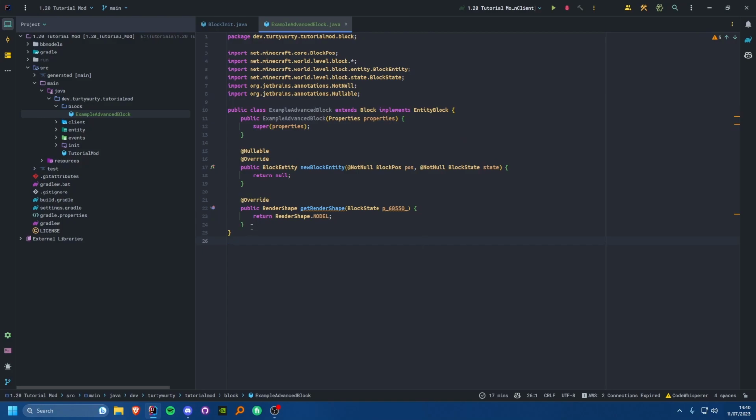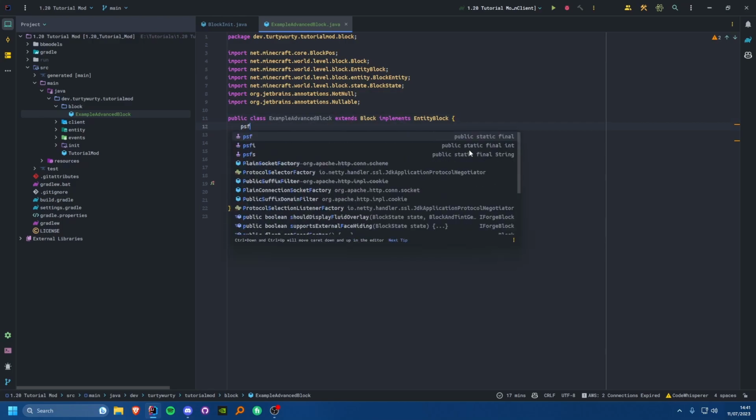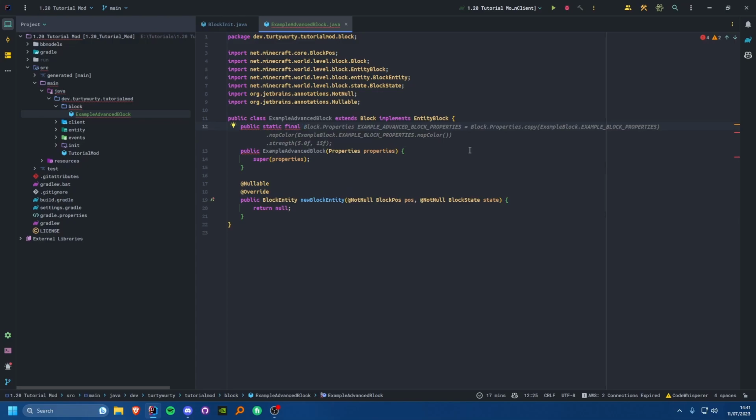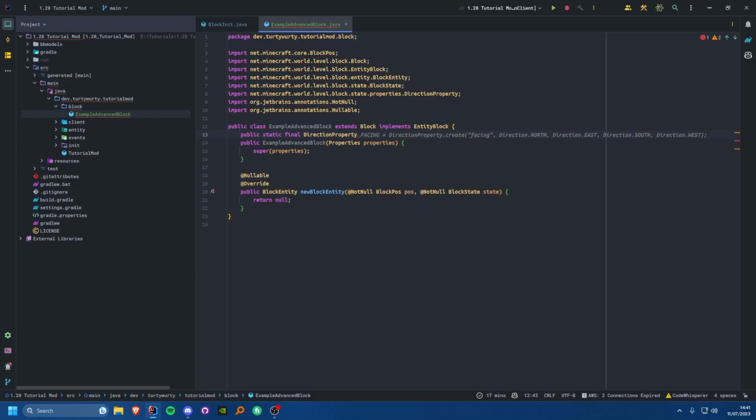Okay, so now we've discussed all of the possible ways of constructing your block entity block class. Let's talk about block properties. So this is the part that's unrelated to block entities. So let's say we want this block to have different rotations, so it can face different directions. What we want to do is we want a public static final, and we can do a direction property, and you can call that facing, and you have 2 options here.